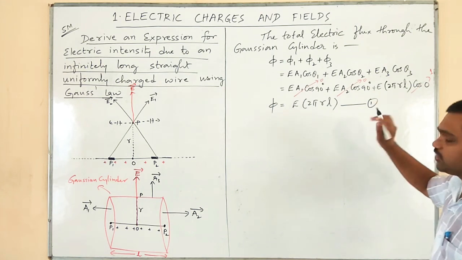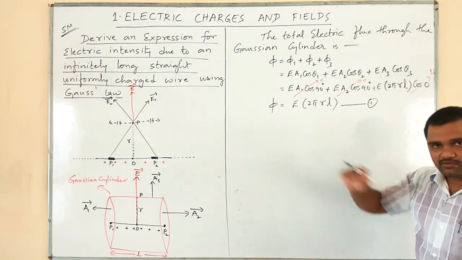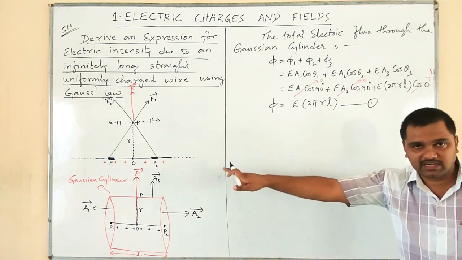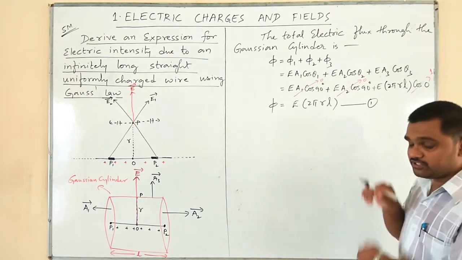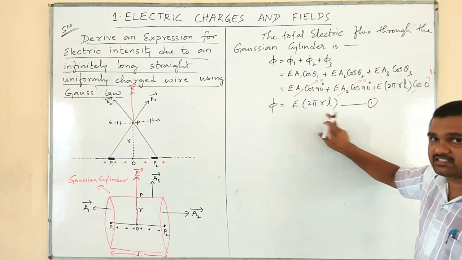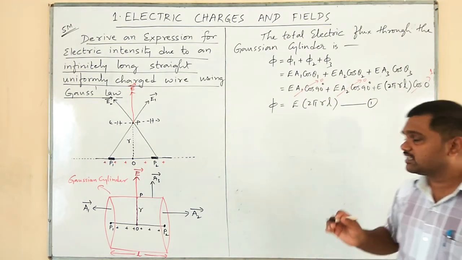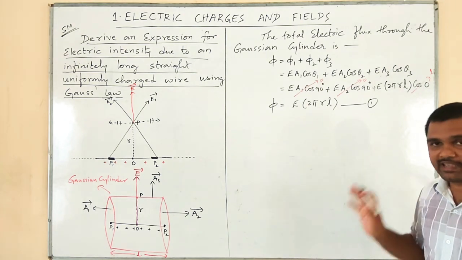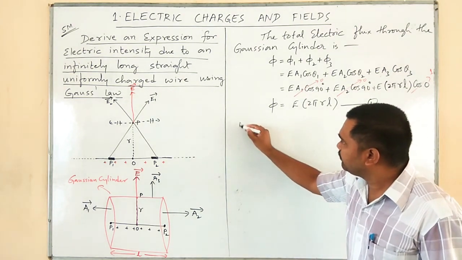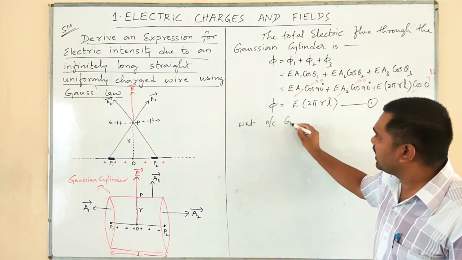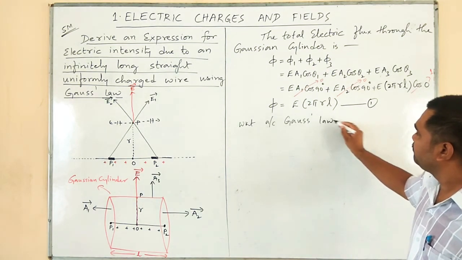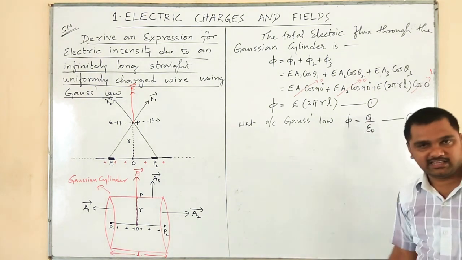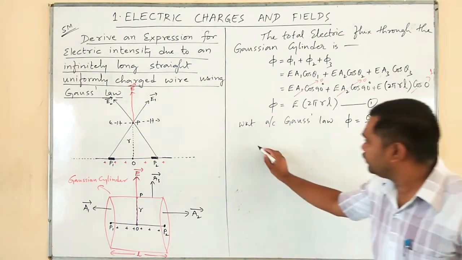So call it equation number 1. By this we have followed the second rule also, that is, we have calculated the total flux. There we have considered the imaginary boundary, which is a closed one, first rule up to here. This is the second rule. Next, the third rule says compare this total flux with the Gaussian equation phi is equal to Q by epsilon naught. Therefore, we know that according to Gauss law, phi is equal to Q divided by epsilon naught. Call it equation number 2. Compare 1 and 2.